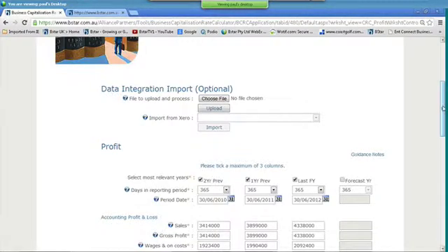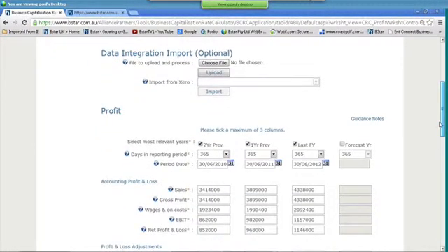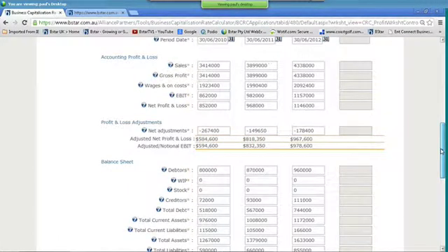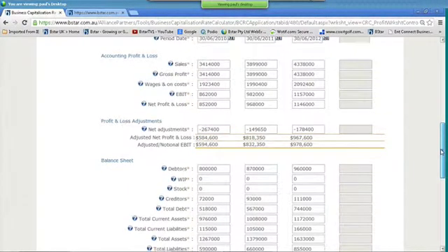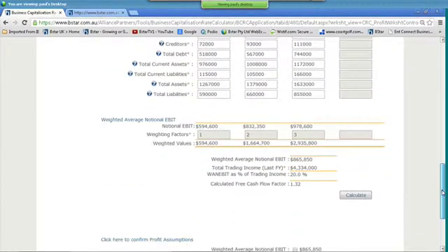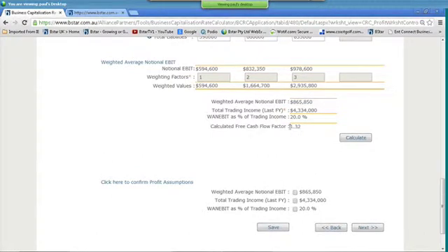So let's go on. We've input the financials for the last 3 years. In most cases, you will, however, you don't have to. You can use 1 year of data. The other thing that is also calculated, as you can see, is the free cash flow factor. So based on the information that I have input, the free cash flow factor has been calculated as 1.32. All I need to do now is confirm the inputs, hit next, and then I can input the other